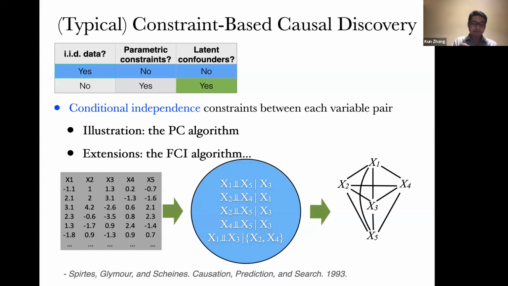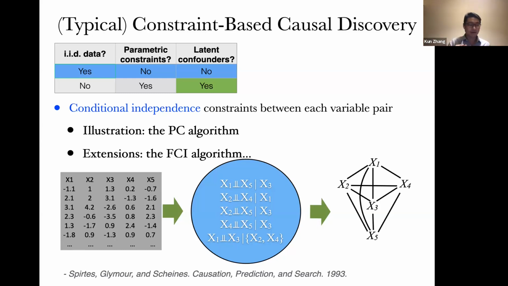Good. So here, basically the assumptions for this set of methods are as follows. First of all, you assume the causal Markov condition. So if they are separated in the graph, then they are conditionally independent. And this is very natural. The other assumption is really crucial, known as the faithfulness assumption. It says that in the data, you cannot observe any extra or accidental independence relationship. So any independence or conditional independence relationship you can observe in the data is reflected in the graph.